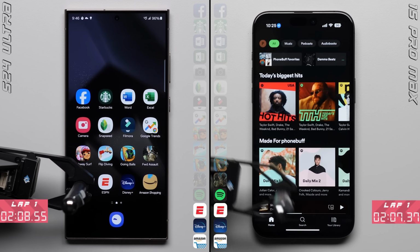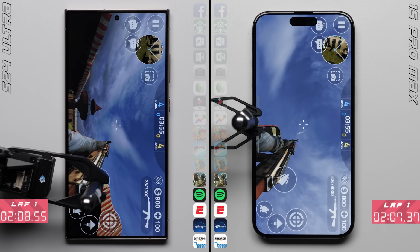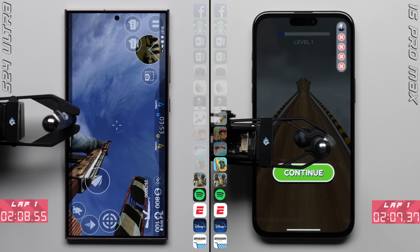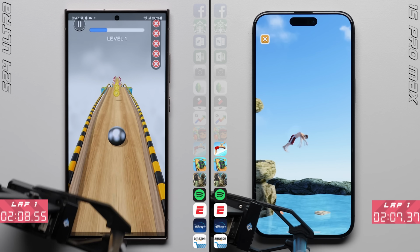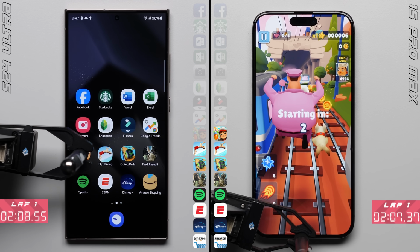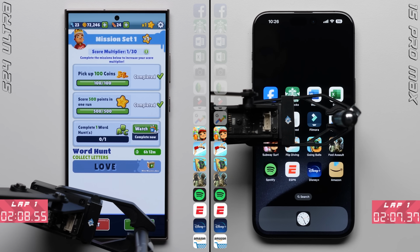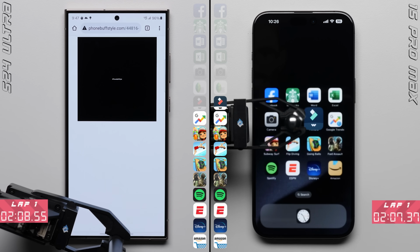We ran multiple trials as always, and this result was consistent, with the standard deviation being less than a second. Each phone seems to have its own strengths and weaknesses in terms of the mixed array of apps and tasks that we put them through, but one area where I expect both to excel equally is here in the second lap,